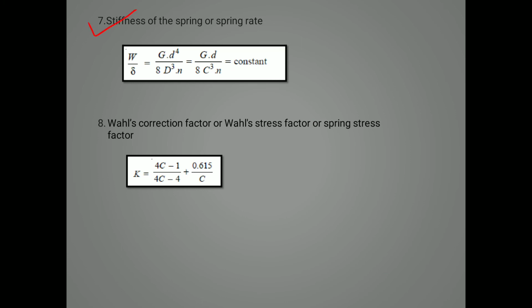And the formula number 7 is stiffness of a spring or a spring rate, that is W upon delta, that is GD upon 8C cube N, where N is the number of active coils. And the 8th formula, that is Wahl's correction factor or Wahl's stress factor, or we can say it as a spring stress factor, that is K is equal to (4C minus 1) upon (4C minus 4) plus